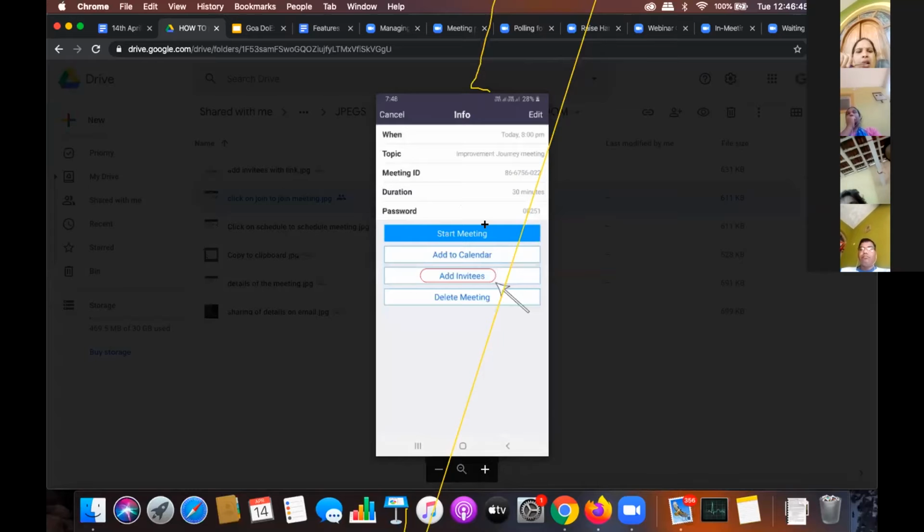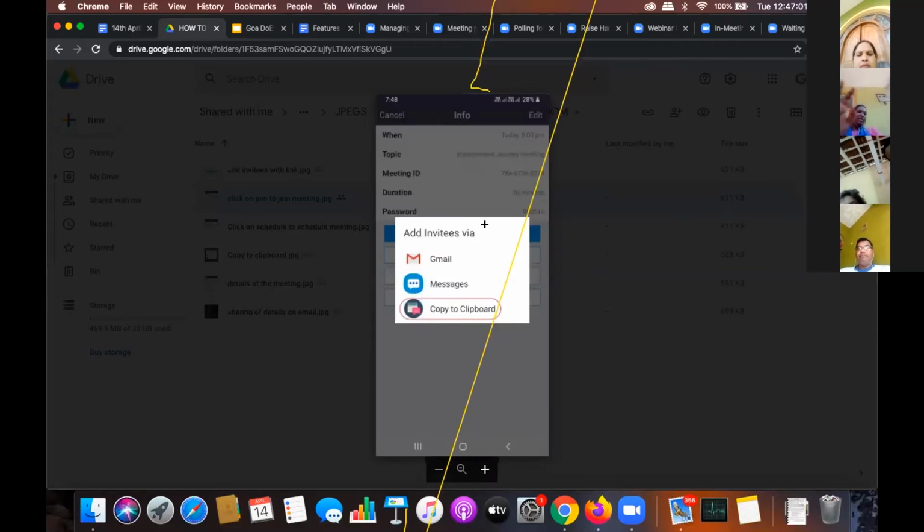In order to add invitees, for example, if you want to call your students, teachers or any other stakeholder, you will add invitees and you will share this link with them. You will copy to clipboard after you add invitees and you share that link.